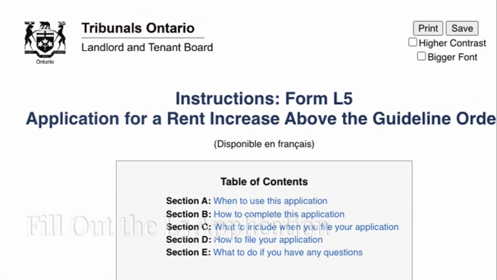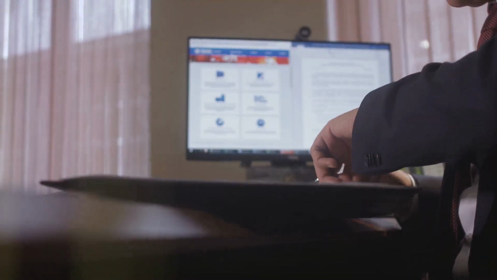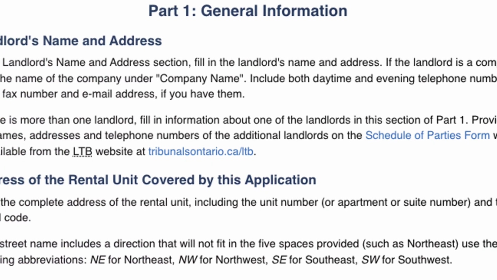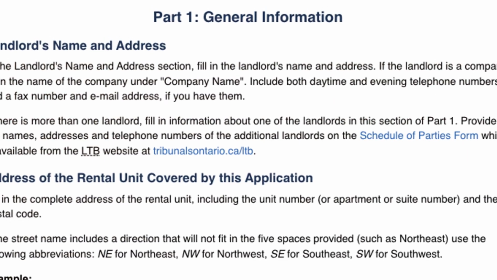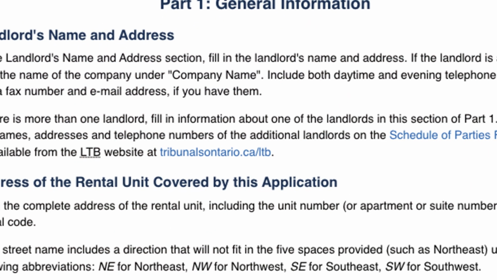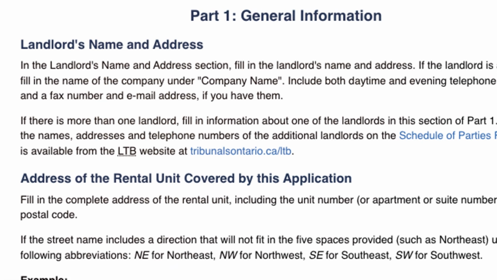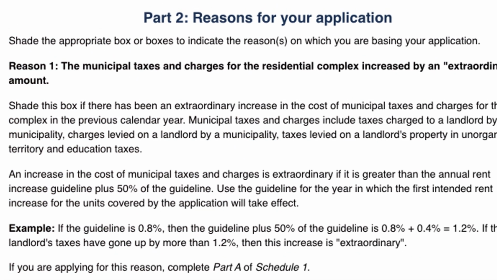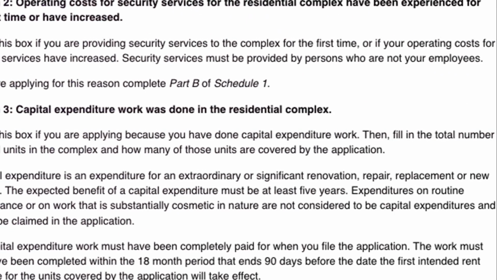Step 3. Fill out the L5 application. The L5 application form is available on the Landlord and Tenant Board's website. It consists of several sections: applicant information, where you provide your name, mailing address, and the details of the rental property; reason for the application, where you indicate the primary reason for the rent increase, whether it is due to